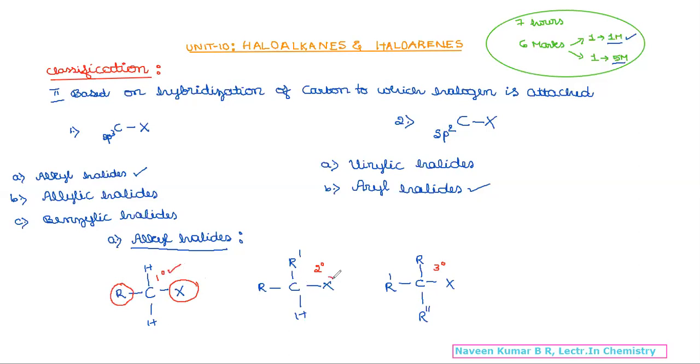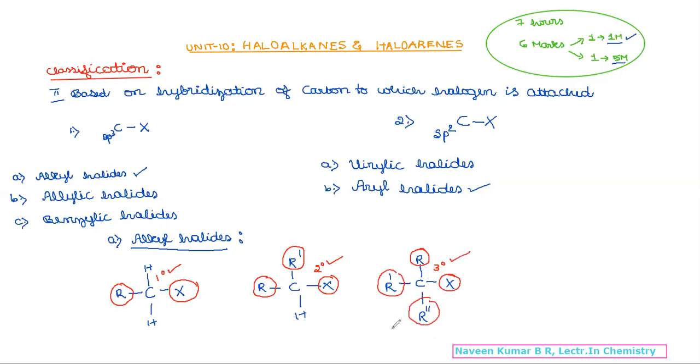Similarly, if the halogen attached carbon atom is linked by two R groups, then it is called a secondary alkyl halide. If the halogen linked carbon atom is surrounded by three R groups, then it is called a tertiary